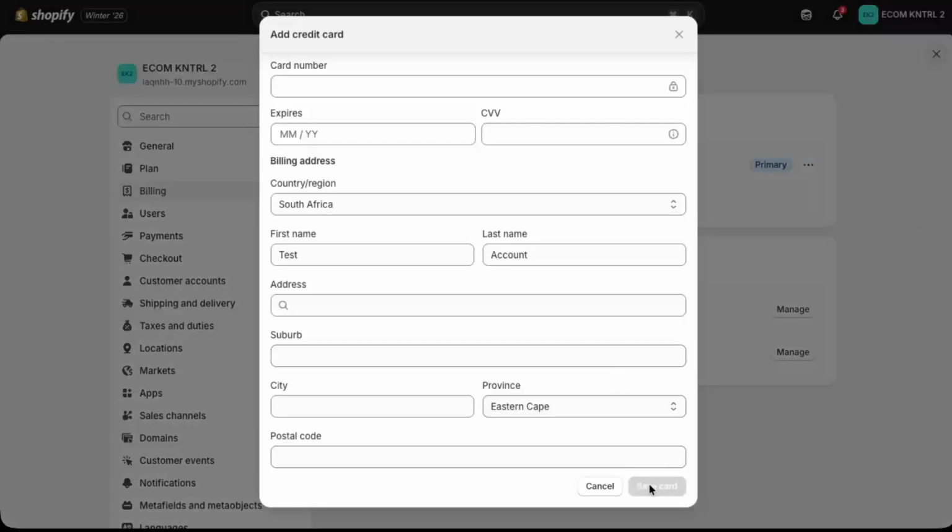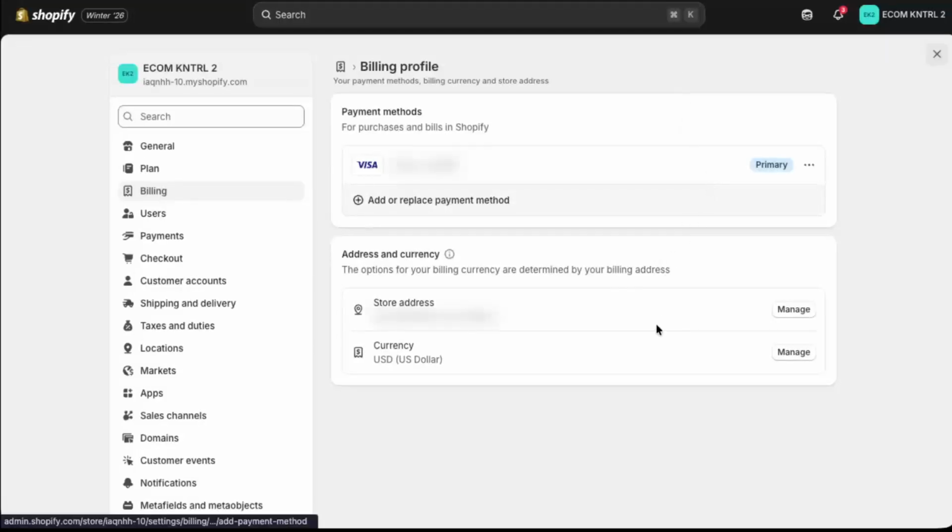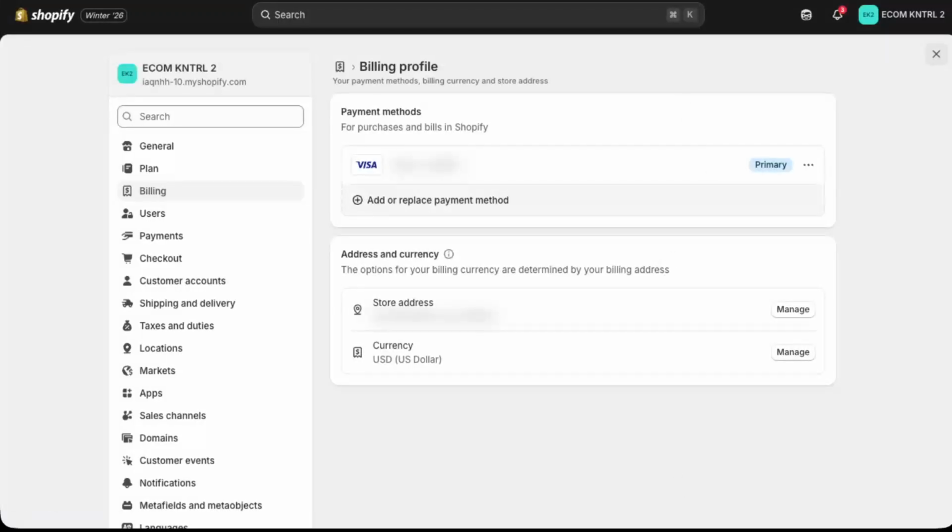Once you've filled out the form and you're happy that all the details are correct, scroll down and click on Save. Shopify will update your billing profile and your previous credit card will be removed as the active